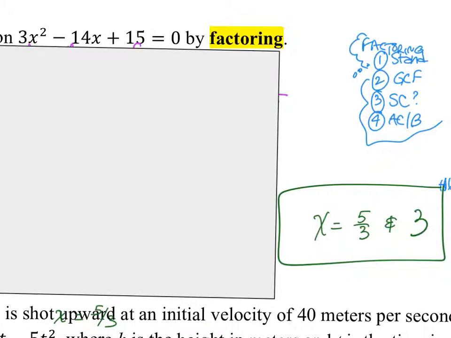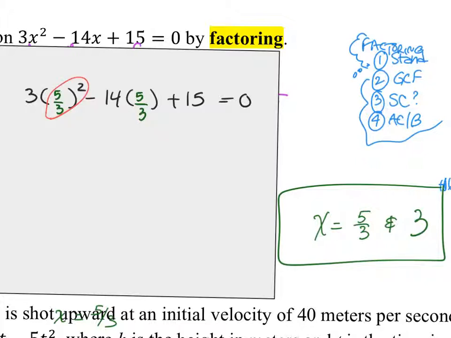And I'm going to show you how to check. Remember, we talked about evaluating, finding the value of, and we said whenever you have variables that you're plugging in values for, rewrite the problem with parentheses first. So that means you would say 3 times x squared minus 14 times x plus 15 has to equal 0. And then your very first thing you're going to plug in is 5/3. When you plug in 5/3 here and here, you then follow order of operations. So 5/3 squared is 5/3 times 5/3, which is